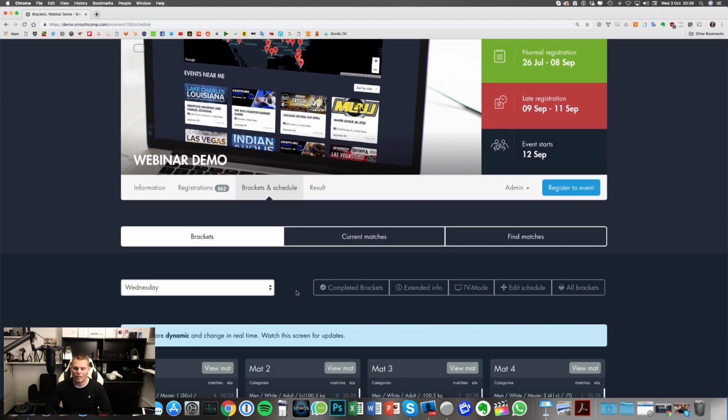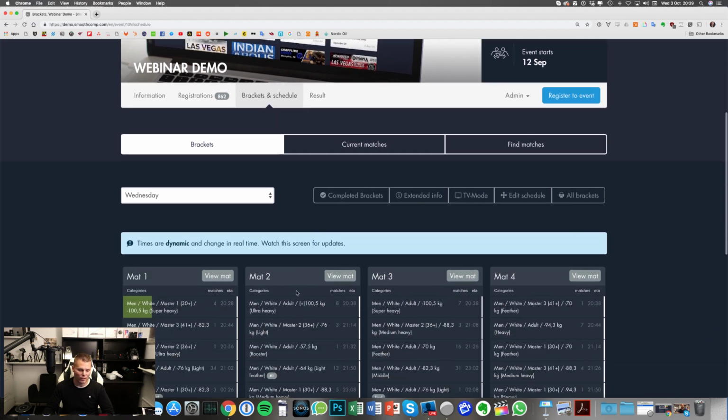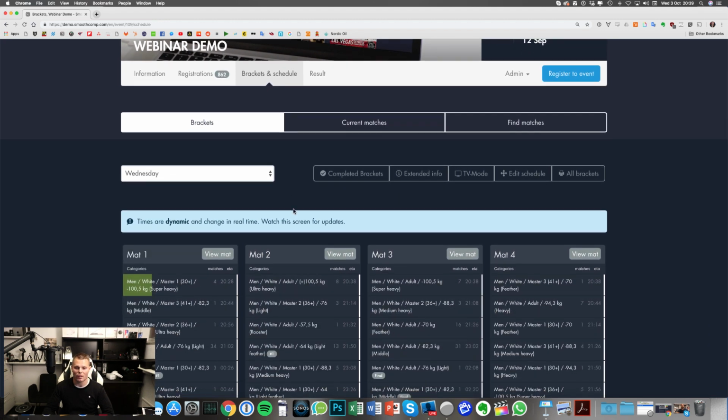We've seen this over the years, that the biggest frustration for the audience is when nothing is happening on the mats. As an audience, you're wondering, why aren't they doing any fights on mat number 3? And usually the organizer is struggling. They try to find fighters, but they don't have the tools for it. But with Smoothcomp, it's never a dead mat. If you're doing it this way, you will always have fights running on the mats.